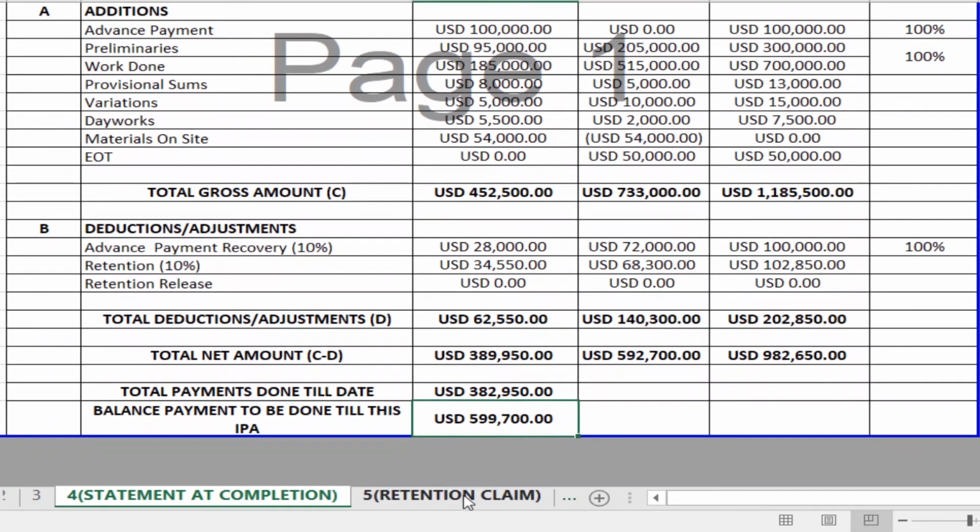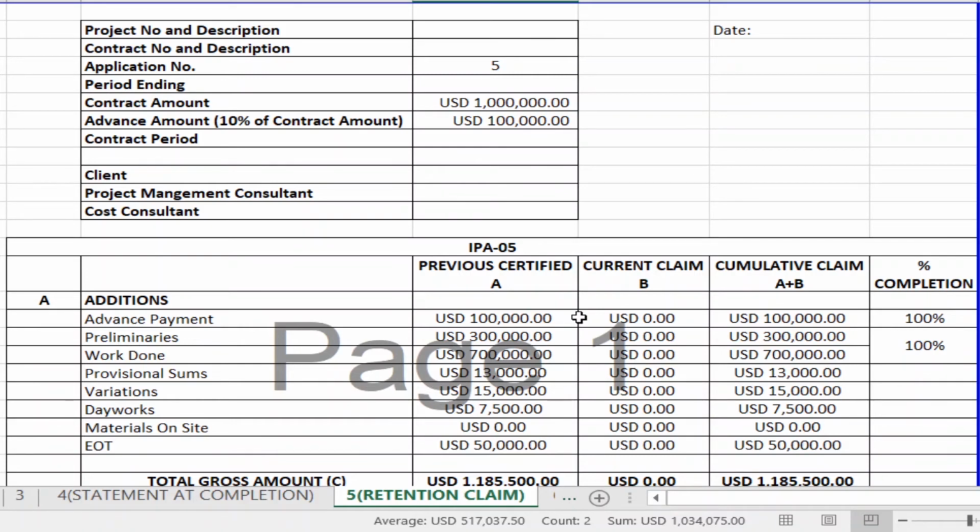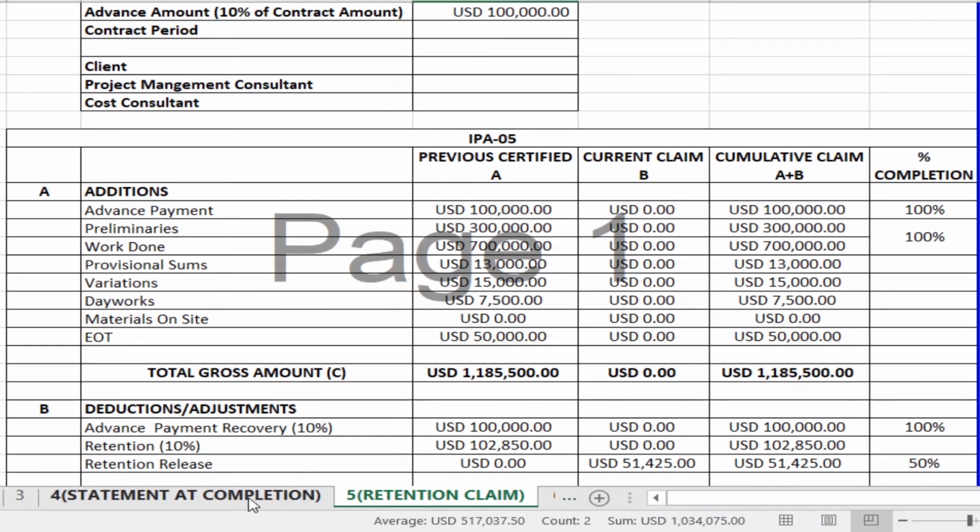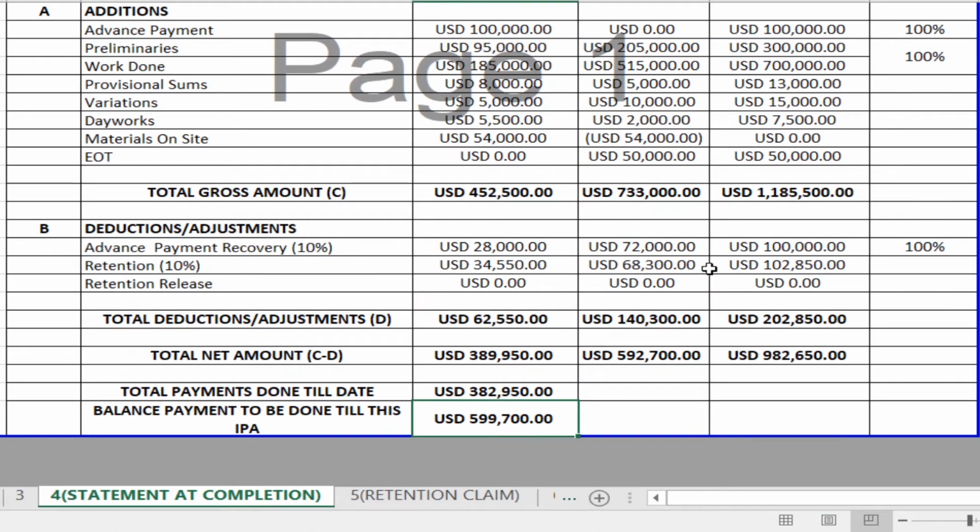Now after that you're claiming your first retention claim. At the completion, the total retention that has been deducted is 102,850 USD. In your first retention claim, you can claim only half of it at the stage of completion, because the remaining half you can claim only after your defects liability period, which is usually 1 or 2 years.